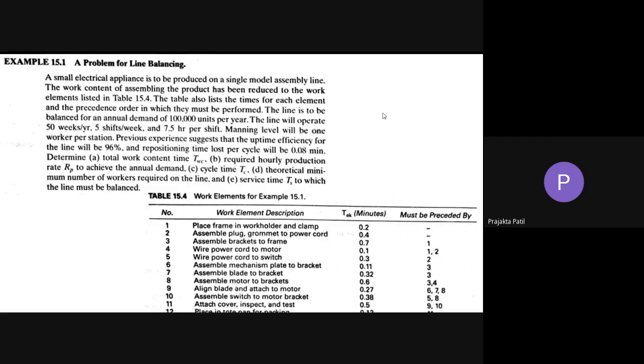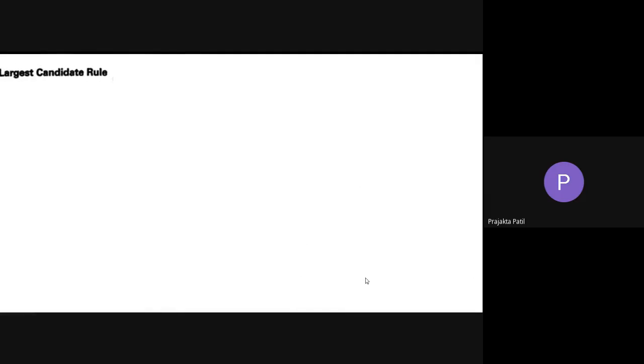You have this table given based on the TEK values in ascending order. You have to rearrange this. Not just the TEK values, but also the precedence requirements or constraints that are there, they also have to be rearranged. So based on the TEK value, you have to first rearrange the table. Can you start doing that?